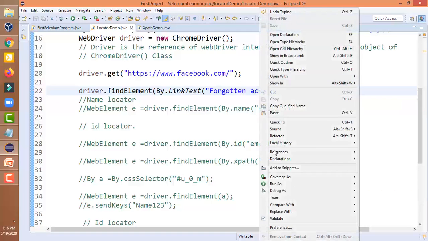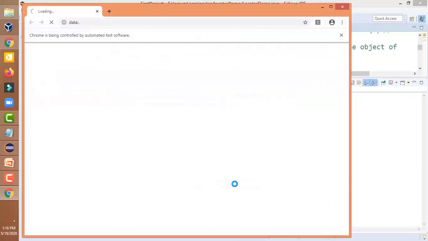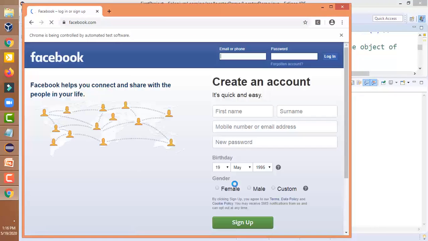Now let us run this program. It will open the Facebook page first of all, then it will find the forgotten account link, then it will click on that link.